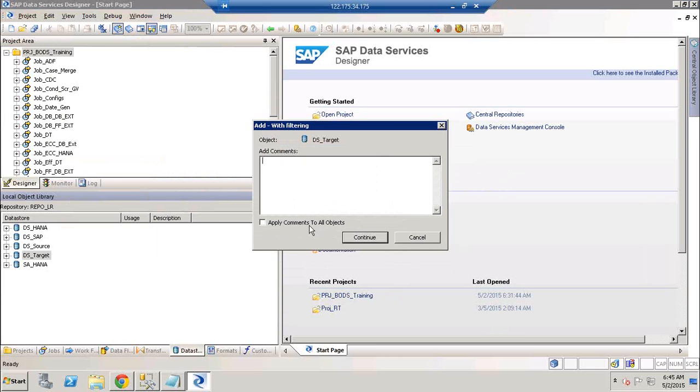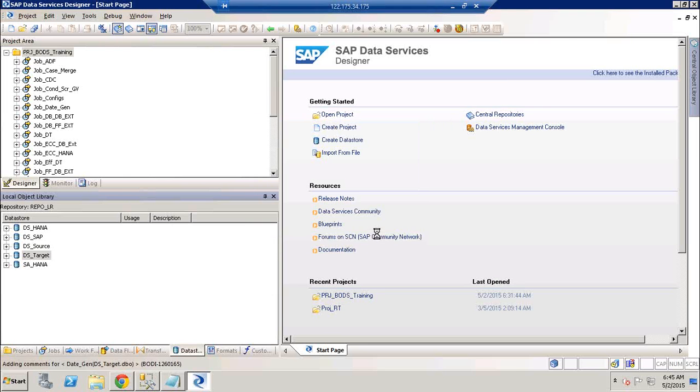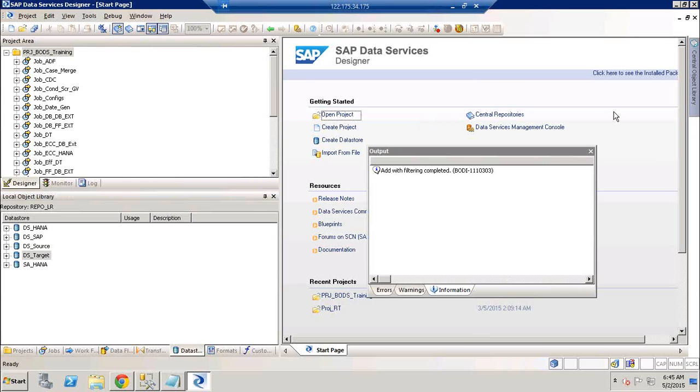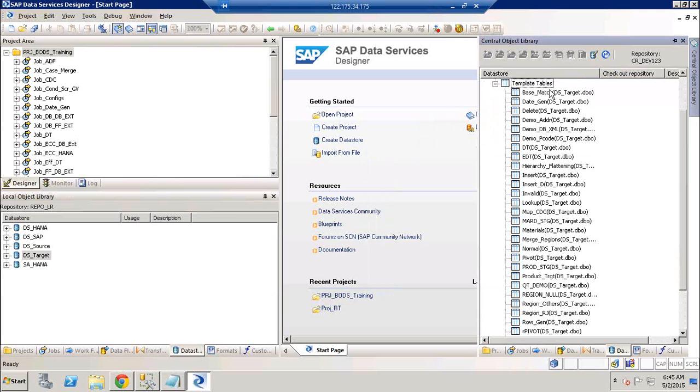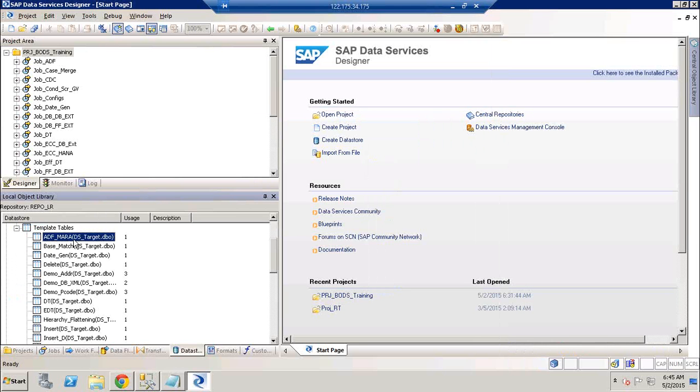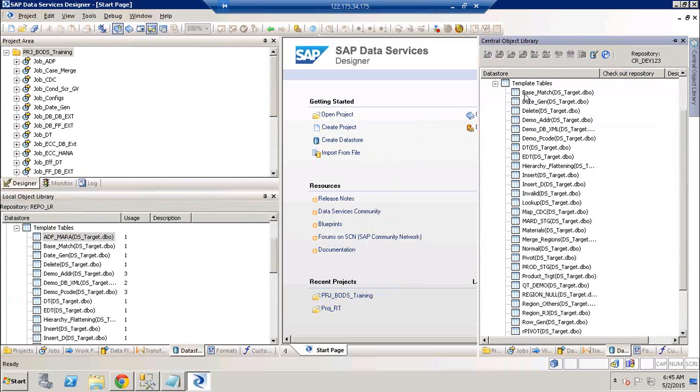And click on next and give apply comments to all and say author Samuel or Rakesh, and then added with filters. Click on continue. So once it is added, you go to your data store, expand the tables, and you'll not see the first table that we just skipped because we filtered it out. So this table is filtered out, so you don't have that, and you have the rest of the tables added